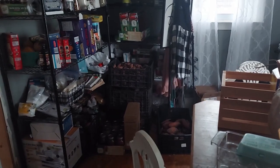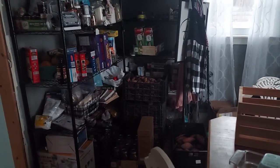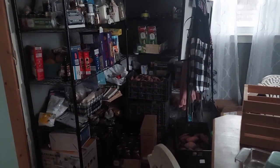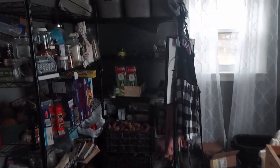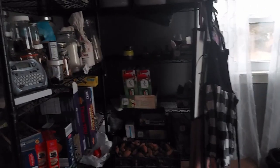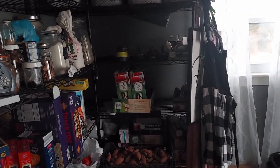Alright, so I've already started and I wasn't thinking about filming, but I guess I probably should, because this is what can happen when you get overwhelmed with homesteading activities. We started out with one shelf to store jars and canned goods when the pantry originally started overflowing, and to